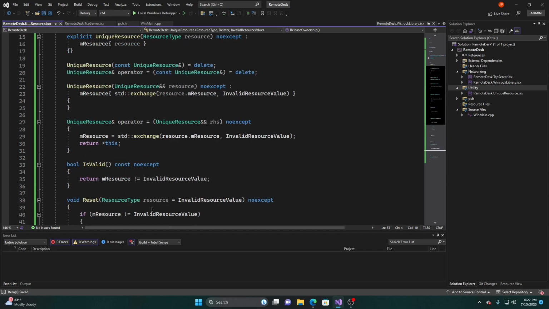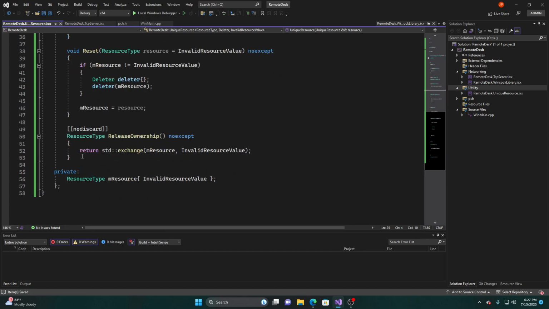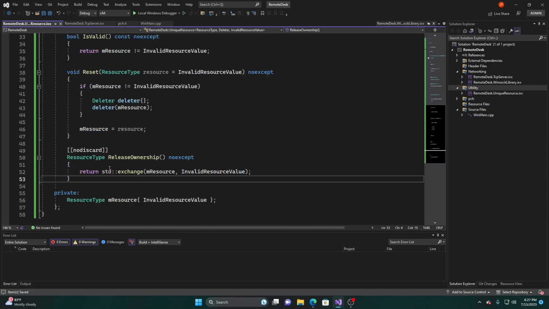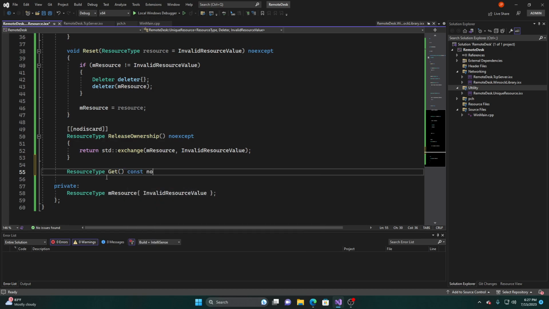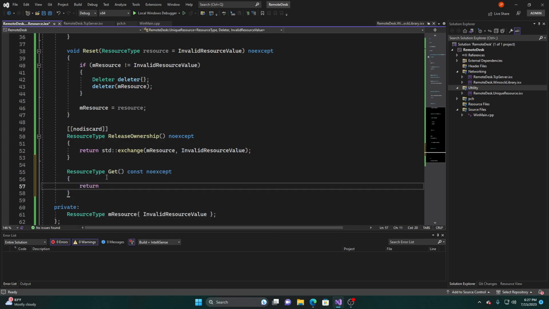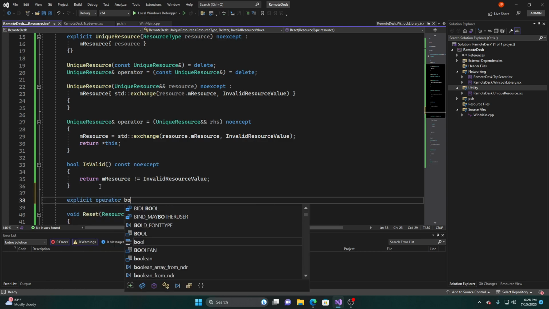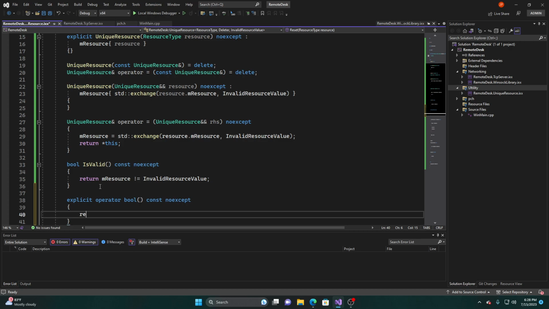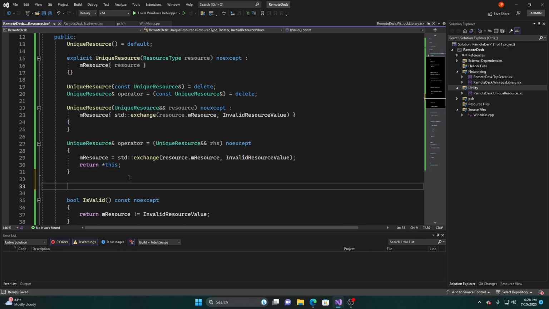So now again, keeping all this code really small and short means that it takes nothing to test it. So now we have this release ownership. The only other thing we need is a resource type. We'll call this function get, return m_resource. And I'm just going to have an explicit operator bool. And again, just in case it doesn't get inlined, I'm going to write a little extra code, but it's a single value. Just double checking all these. All right, everything's good. So now that we have removed constructors, we can now